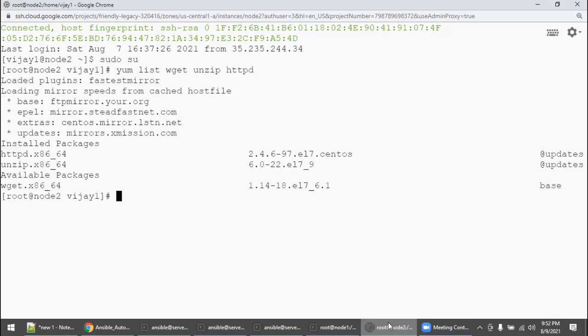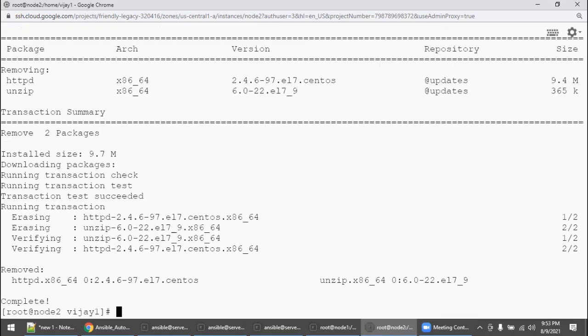So it's saying httpd and unzip are installed, wget is not installed. So we will remove all: remove httpd as well as unzip. So both node 1 and node 2 are clean now.